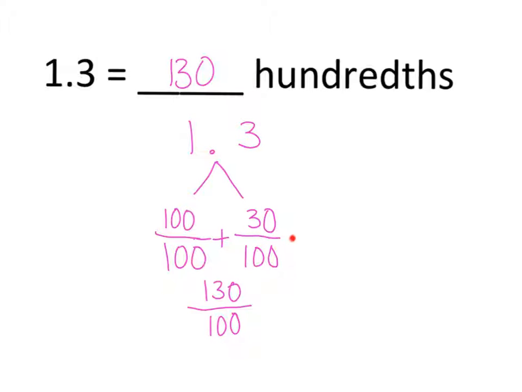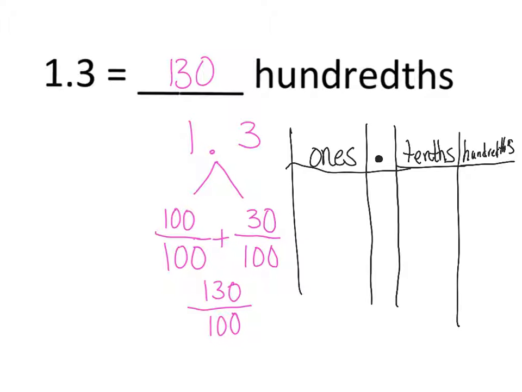But in order to get to 100, what do we need to do? Well, we need to multiply the top and the bottom by 10 to get 30 hundredths, which is all equal to 130 hundredths. If we wanted to look at this as a place value chart instead of the decomposing,